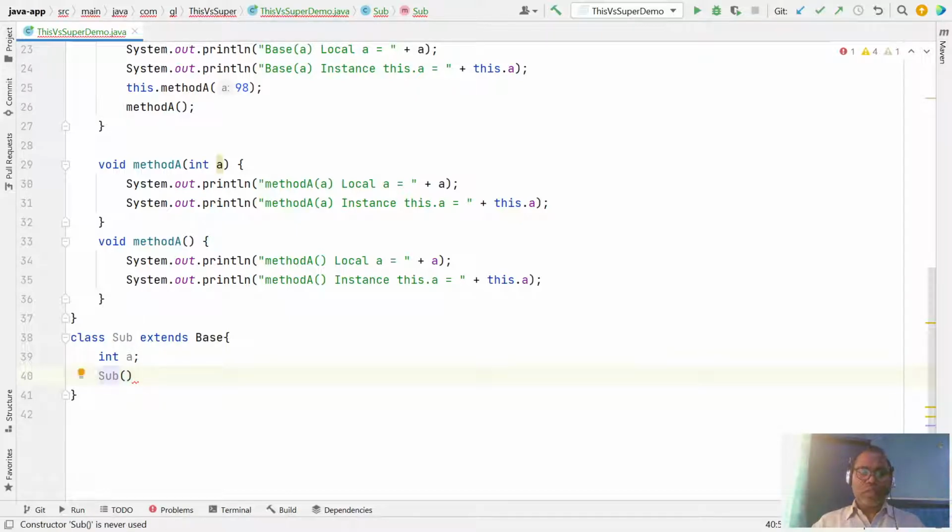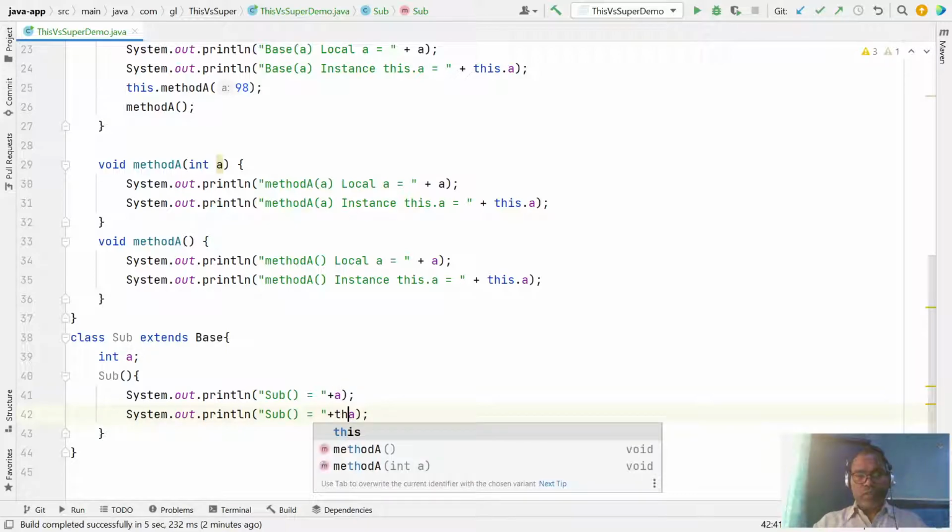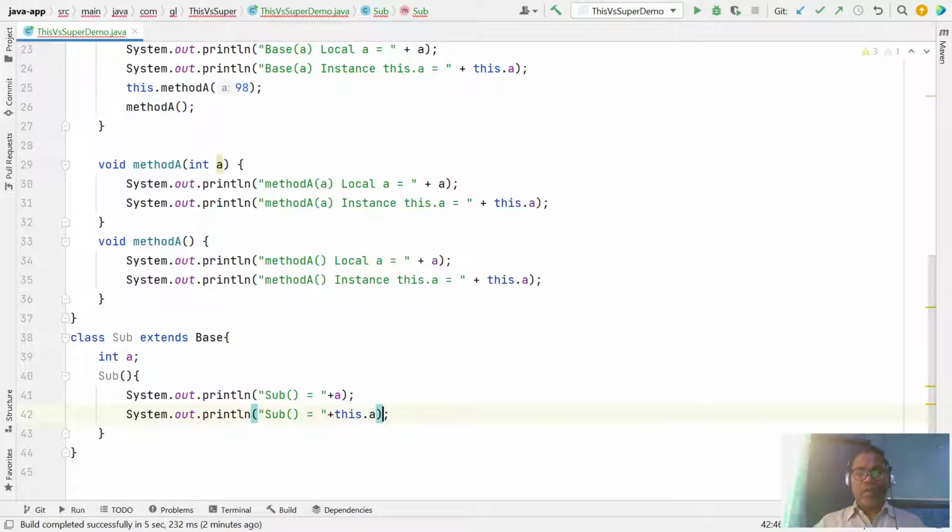First thing to notice: this is your subclass constructor. Here you can use a, or even this dot a, or even super dot a.